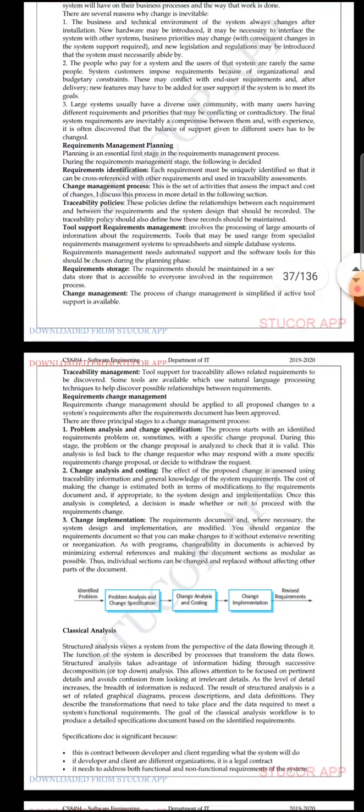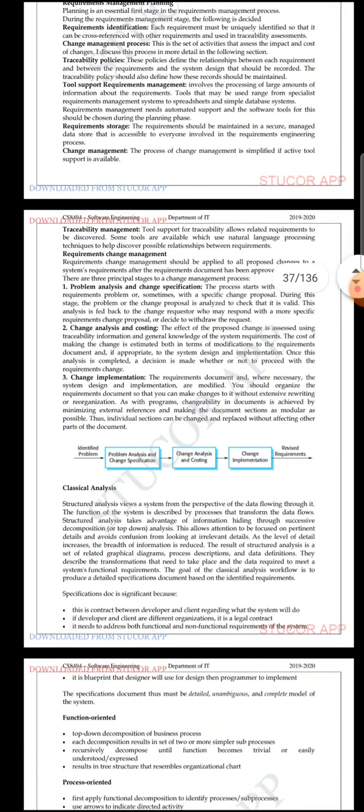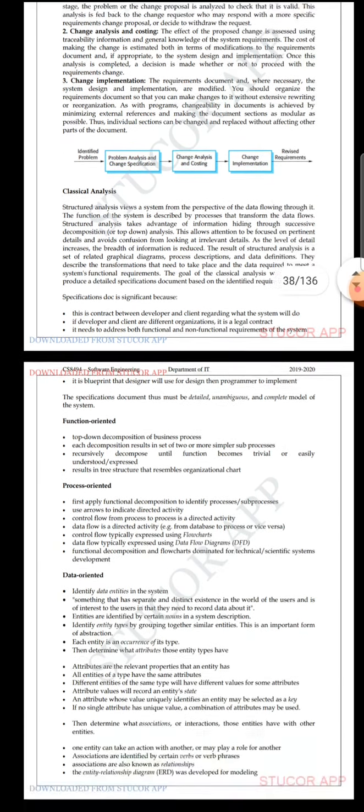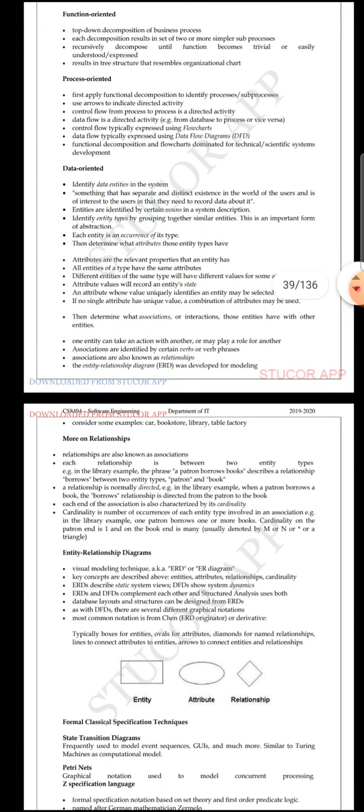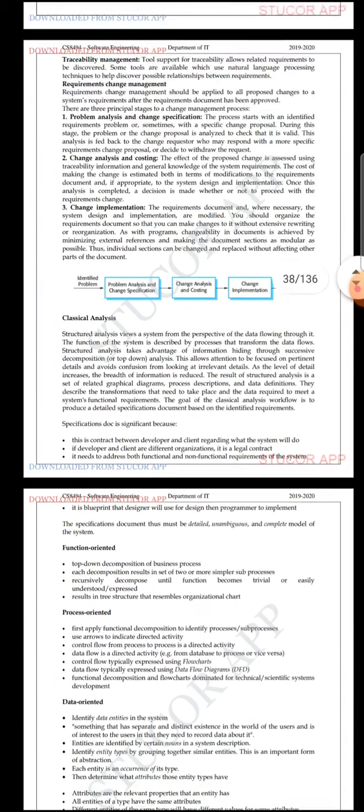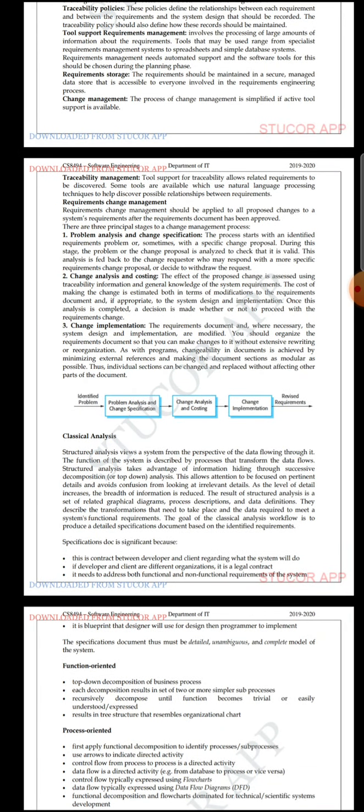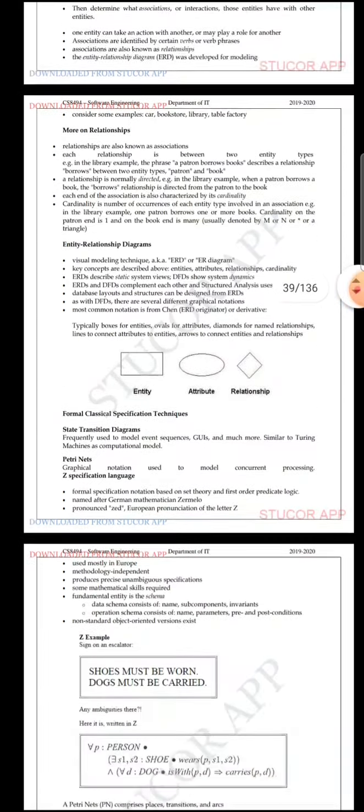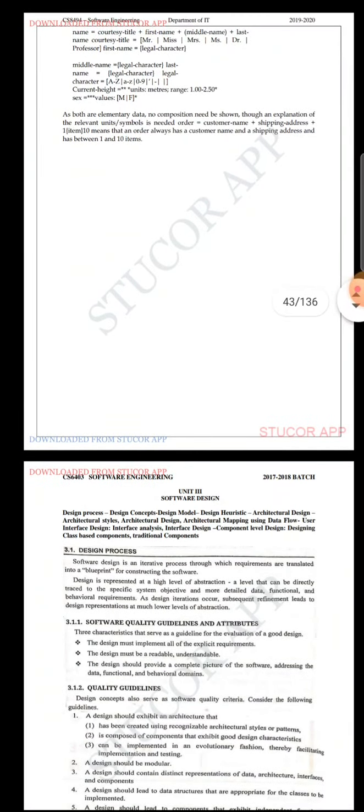Okay, so you have to decide from which part to which you are going to write in your paper, and you have to cut short in your own way, and you have to present in your own way. Okay, that's all I think for second unit. So let's move to the third unit. I know what are the questions I have asked for third unit.